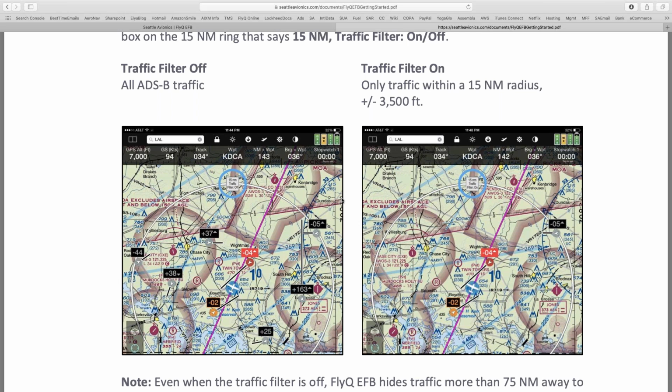So at the very top of that ring is a status indicator that says 15 nautical mile traffic filter: off. Guess what? That's not just giving you information. If you tap on that, you toggle the traffic filter on and off. So now it's off. And then on the right-hand side of the screen is what that traffic looks like when it's cleaned up by turning the filter on. So again, how did it clean it up? Well,